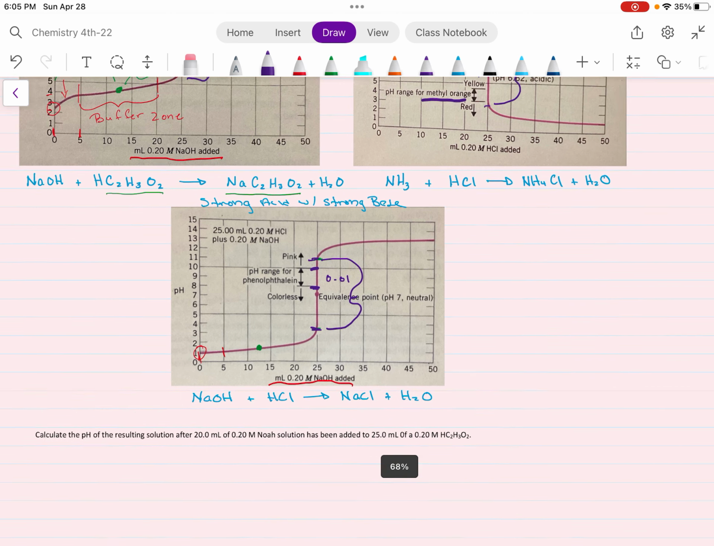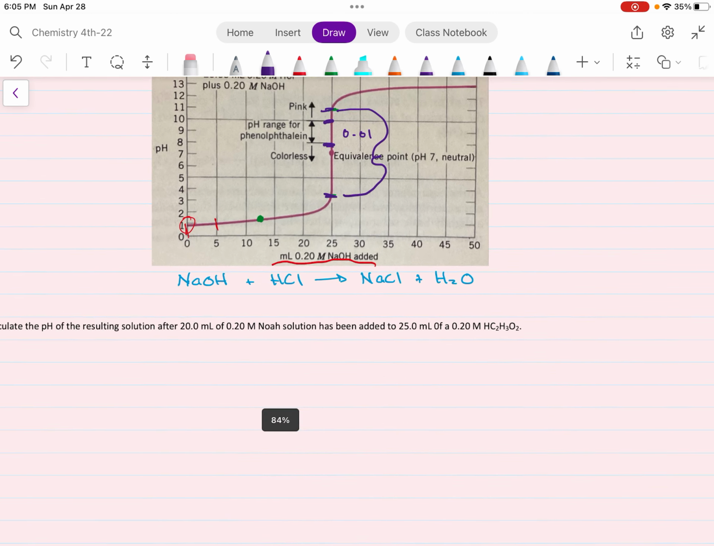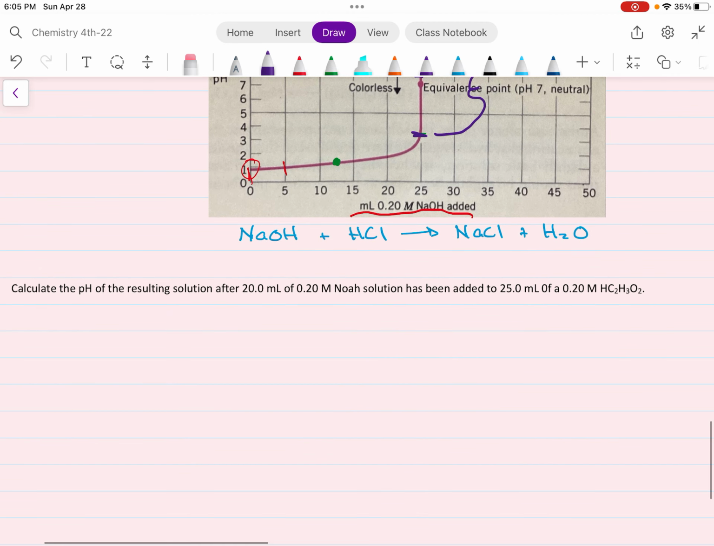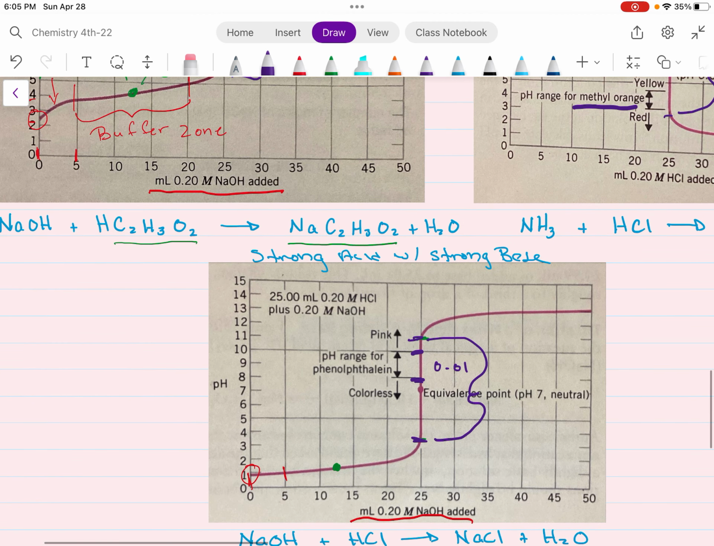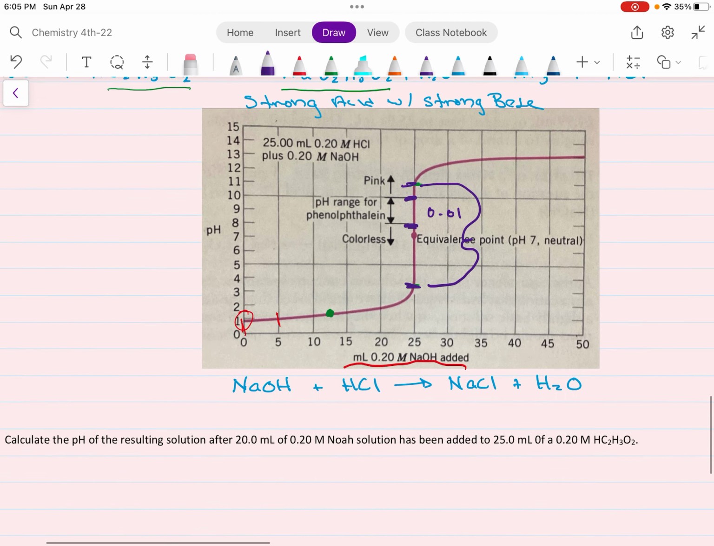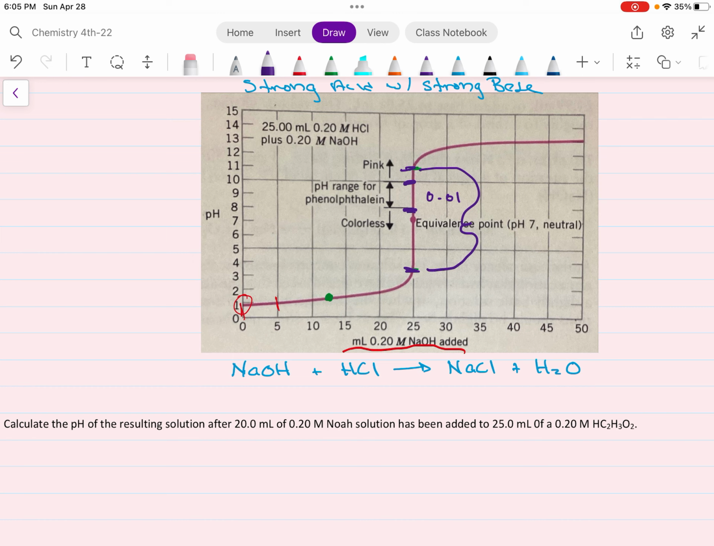So here's the last thing that we're going to do. This is going to be a much shorter video. We're going to zoom in a little bit. And it says, based on this graph here, this is the one that we're working on, right? It says, calculate the pH of the resulting solution after 20 mLs of 0.2 molar NaOH